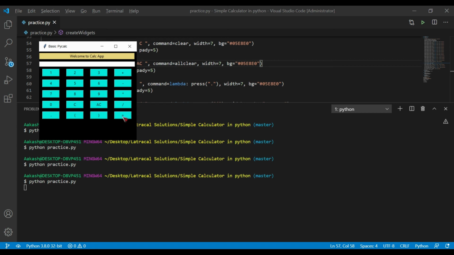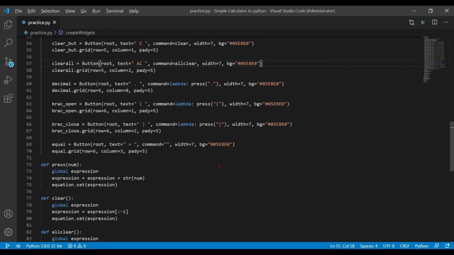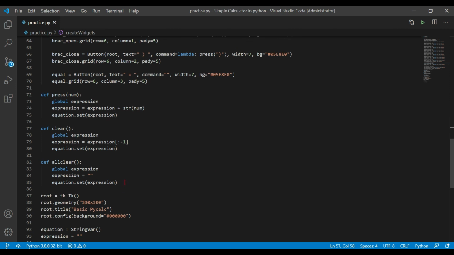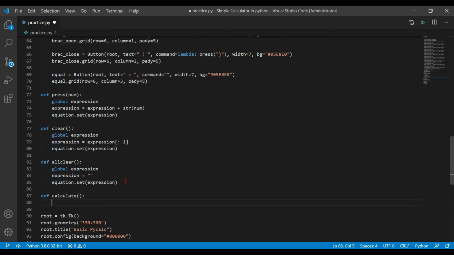Now our basic logic, calculating the result, is left, and we'll be using the string evaluate function for that one. So let's define it here. Let me call the function calculate.